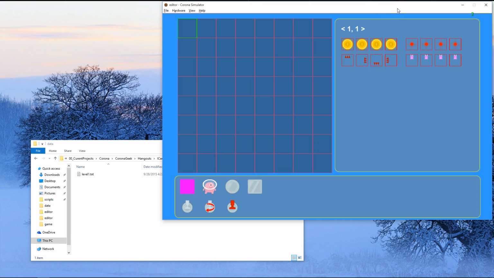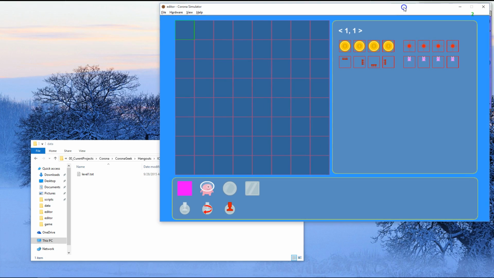And the reason we want to do that is because the content that we've started to create has become too complicated to really keep track of in a Lua file the way we were. It was just becoming too long and too hard to understand all the different symbols and their meanings. So we've gone to a visual editor, and what you're seeing here on the screen is the current rev